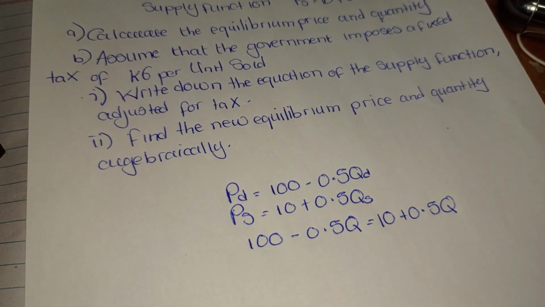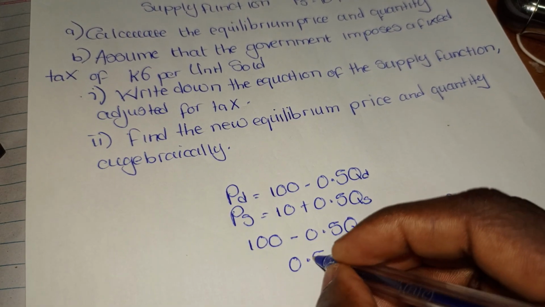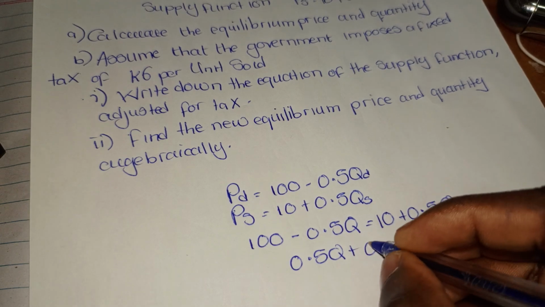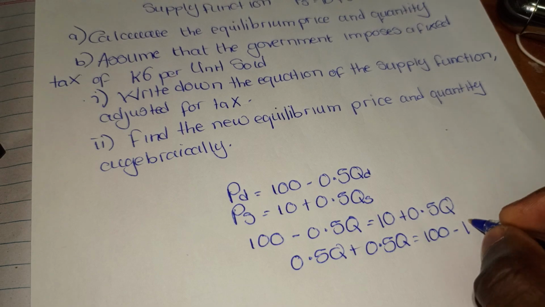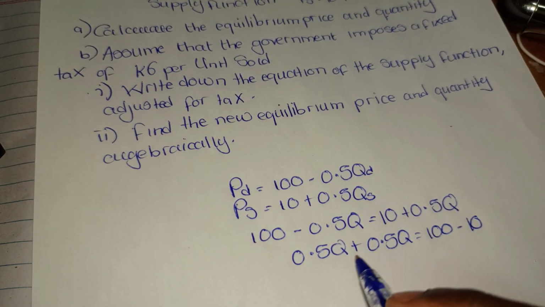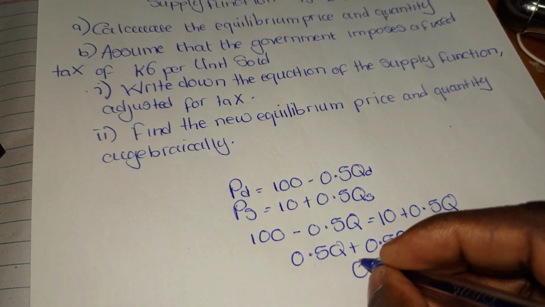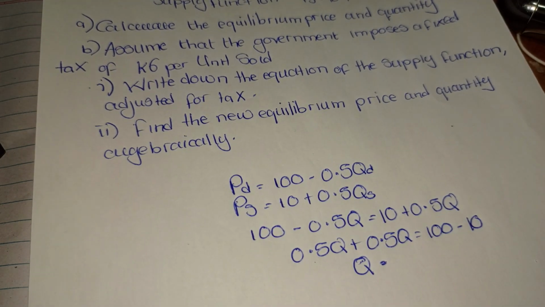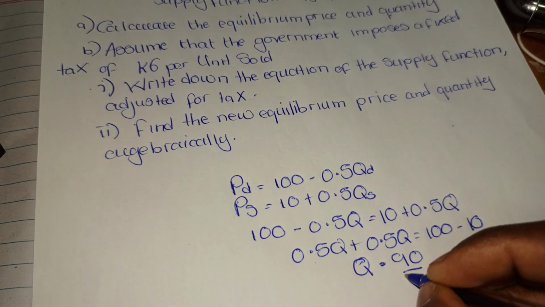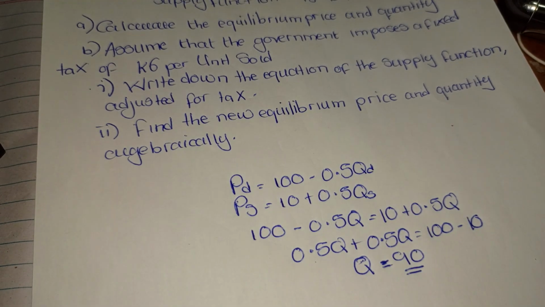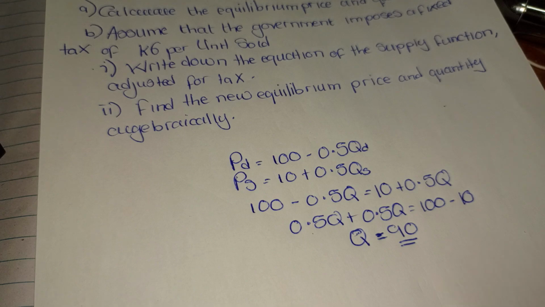From here, you can group the like terms, where you will have 0.5 Q plus 0.5 Q is equal to 100 minus 10. If you add 0.5 Q plus 0.5 Q, you will get 1 Q, which is the same as Q. Then 100 minus 10 is the same as 90. So the quantity in this case is 90, but we are interested again in finding the equilibrium price, where for you to get the equilibrium price,